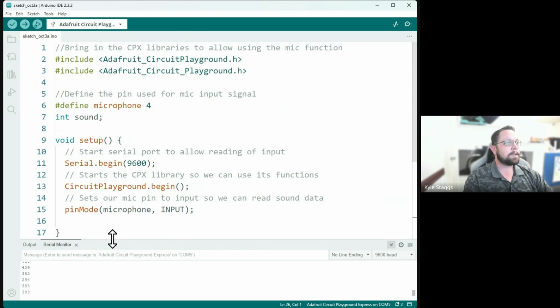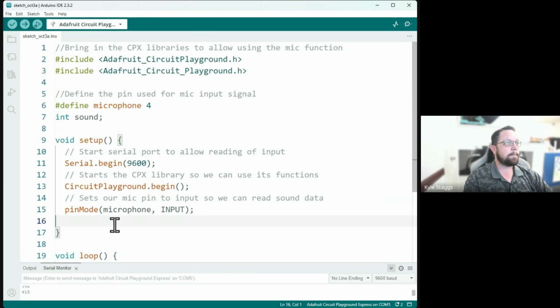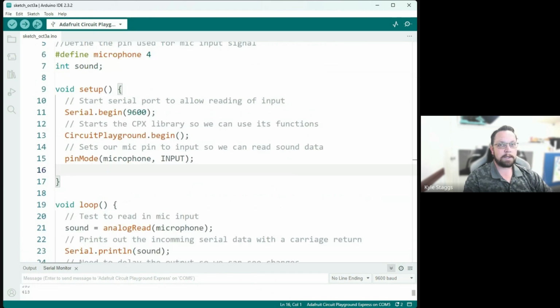All right, so serial monitor, not that helpful for this. Let me pull another example. The reason I have to take a look at this is